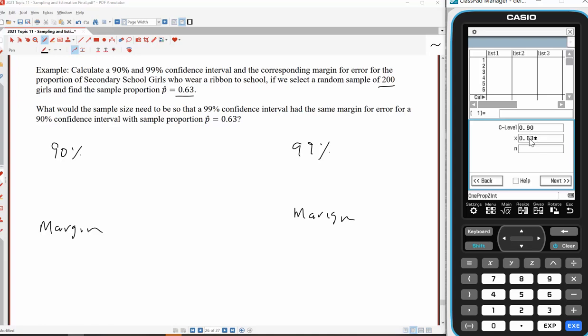Sample, or the number in the sample is 63% of 200. And in the sample is 200. Okay, so that's going to be